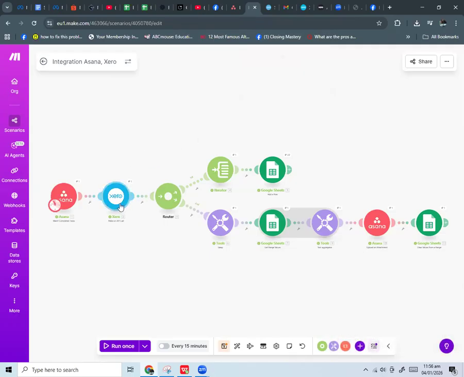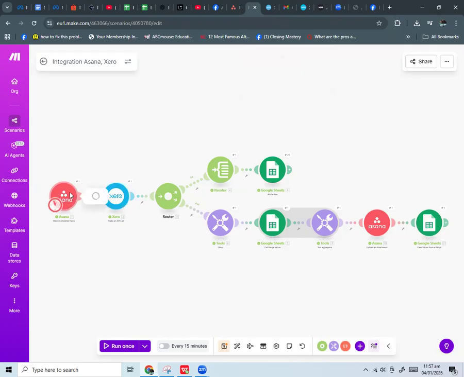It depends on the date that you specified on this software. In here, this is your trigger, and this is your action.